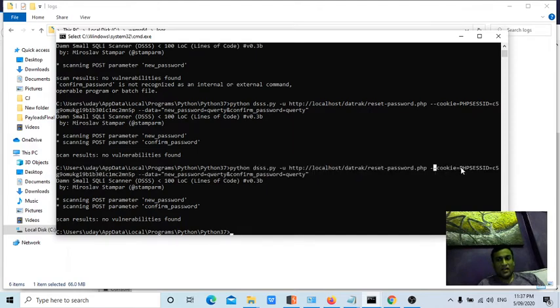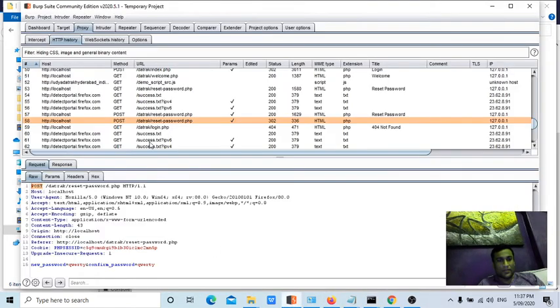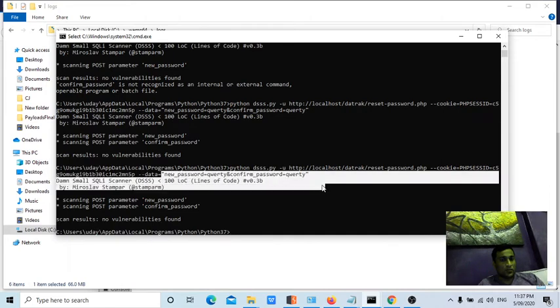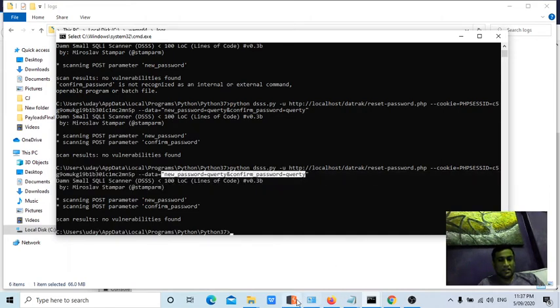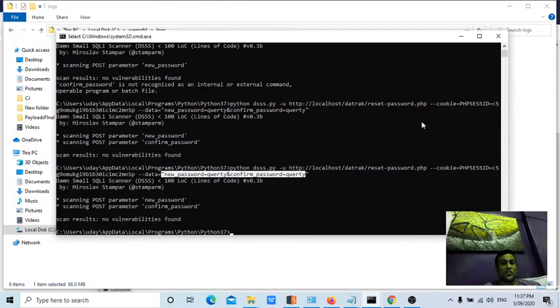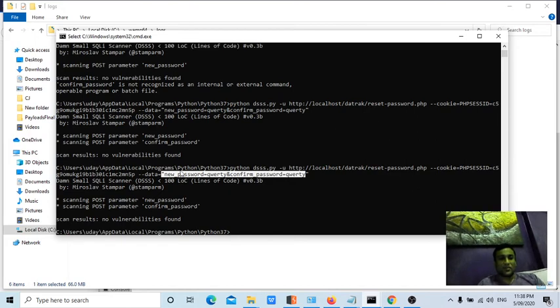Again, you don't need to put the cookie here, you just need to pass the cookie parameter value, and make sure you do not log out in between, otherwise this becomes invalid. And then --data, you need to put double quotes; for a POST request, the last line always contains the parameter values. So now you know how to send 500-plus SQL injection checks within just 10 seconds using this approach, guys.